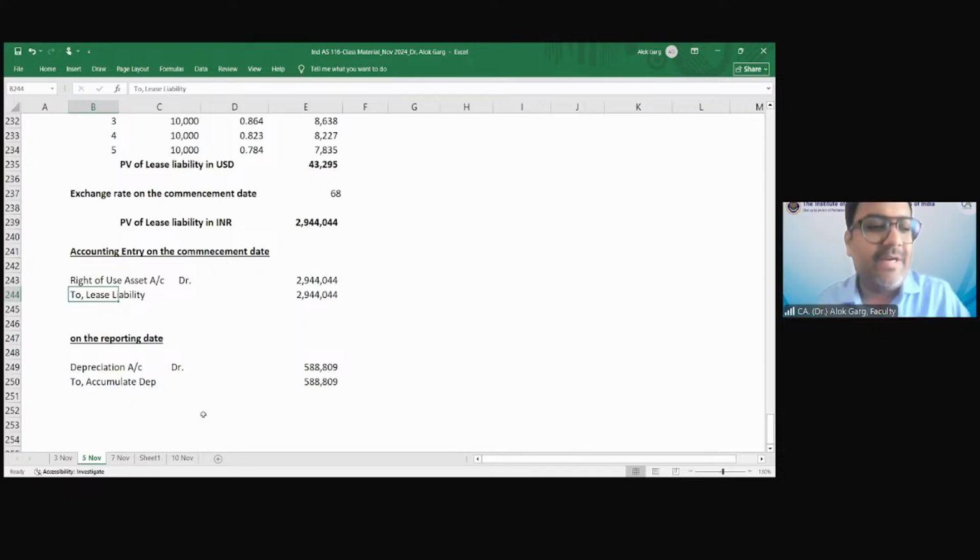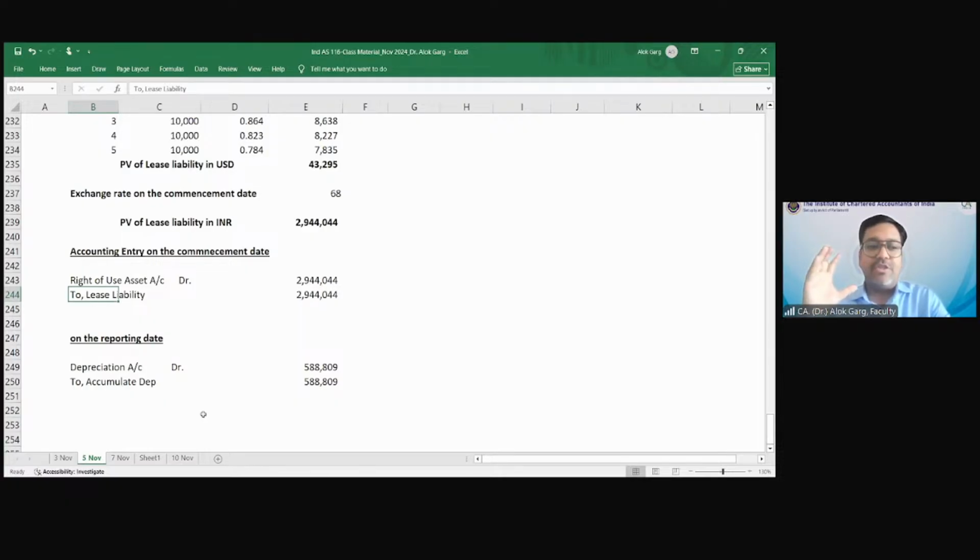Monetary liability. Friends, there is a concept of monetary item and non-monetary item, right? In Ind AS 21, the effect of changes in foreign exchange rates. You know what that concept says? So all these monetary items are required to be restated at the end of the reporting period, at the closing